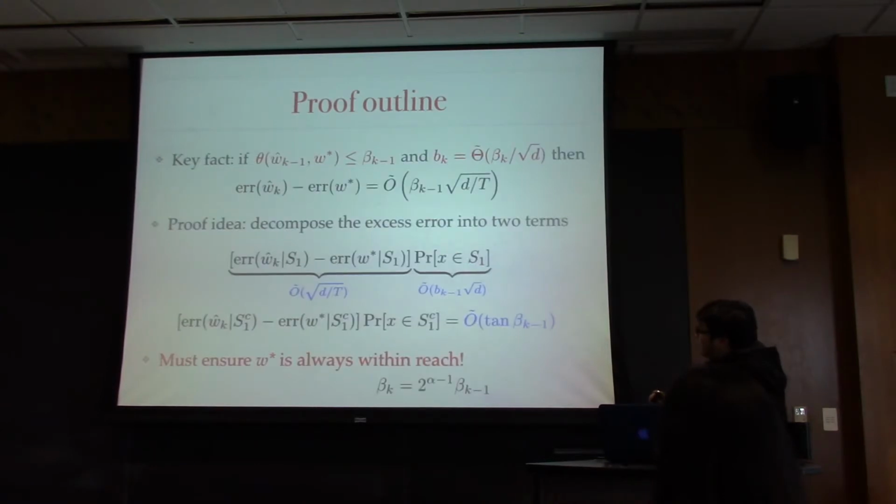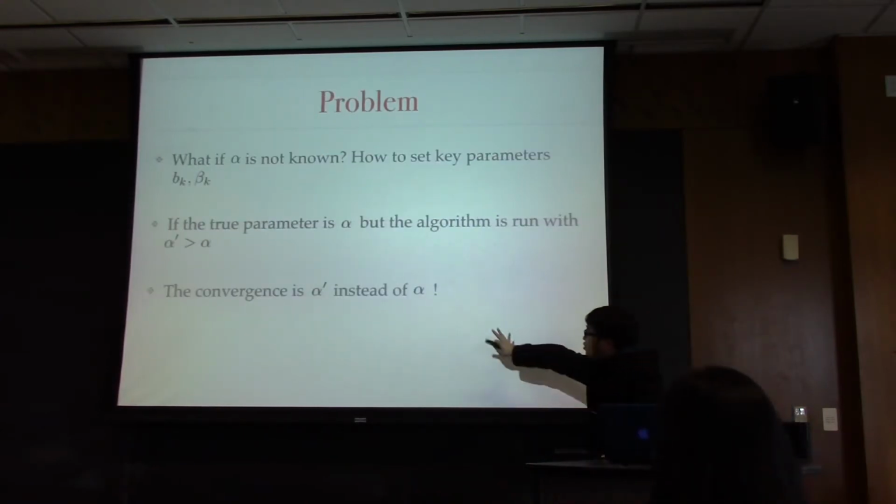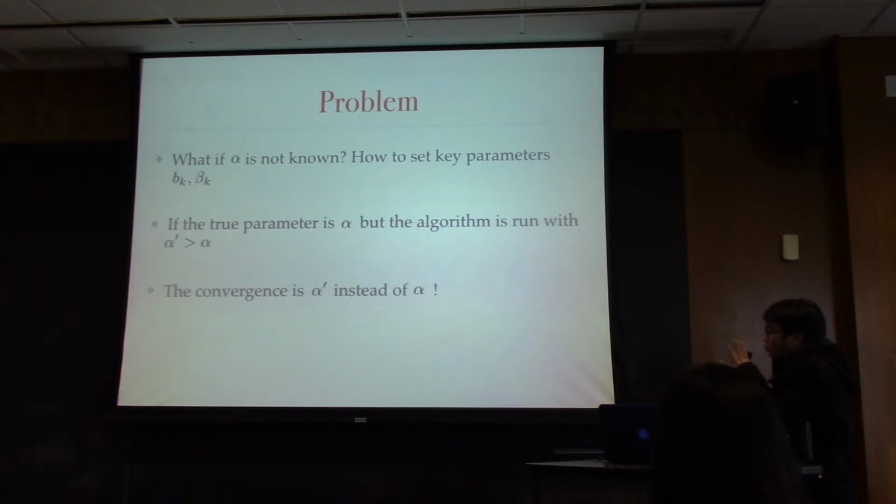So this is a little bit disturbing because you really have to know the true value of alpha. And if you approximate alpha using something else, you will get an error convergence in terms of the approximate value. So this is not what we always want, because the difficulty of the problem doesn't change. It's only that you don't know the noise parameter. It's causing the error bound to be loose.